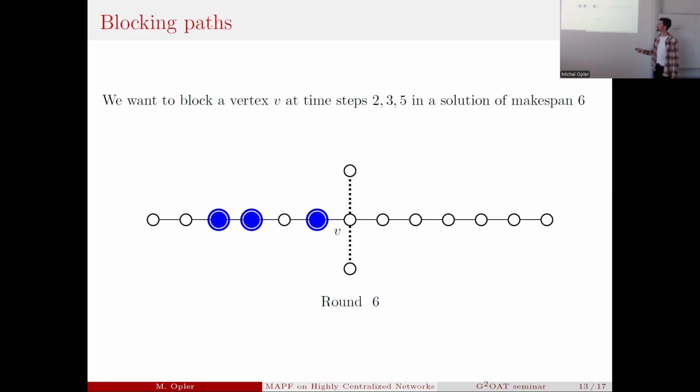But there is a problem with this if you use it as a black box kind of a reduction, I think. The 2 problems for our purposes, but in general, there is one main issue. So if you imagine that these blue agents are very sparsely distributed, that you're actually not blocking the vertex V at most times, then this auxiliary extra path can actually be used by the agents from the main graph to do some sort of rearranging that you don't want to do. It will allow you to do extra things, but this can also be addressed in a black box manner